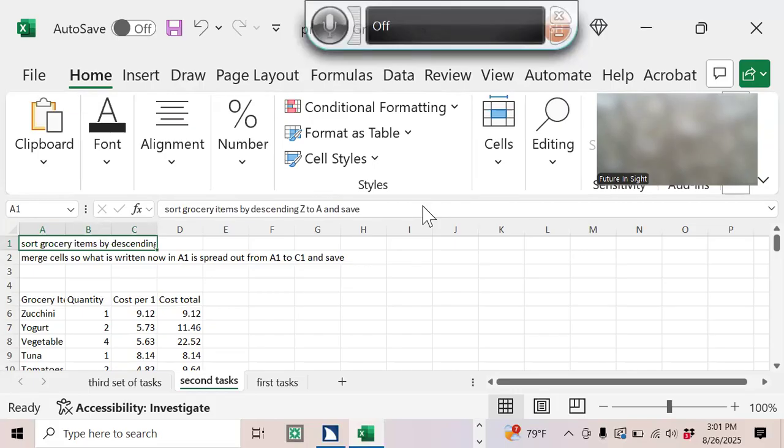The last thing I think I'll show you today is how to insert a column or a row. It's kind of short and sweet, but we'll do it. So we'll arrow down. Say I thought of another grocery item. Go to groceries. I'm going to arrow down a few. Zucchini, yogurt, vegetable oil. Vegetable oil. I'm going to stop there. Say I want to insert a whole entire row. Now here's a great way you could